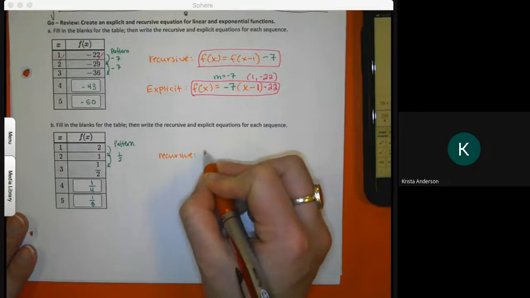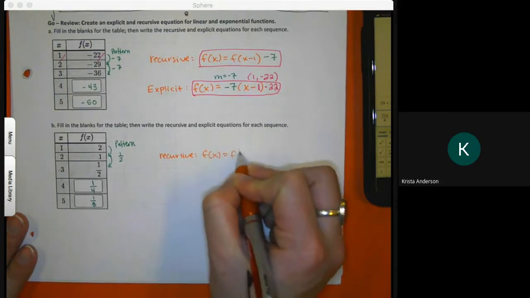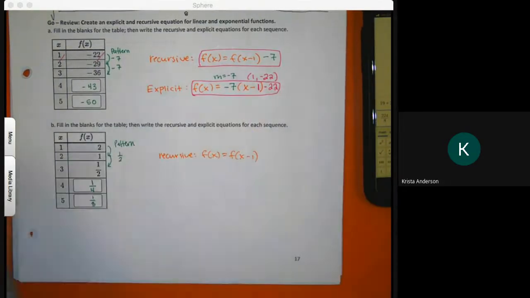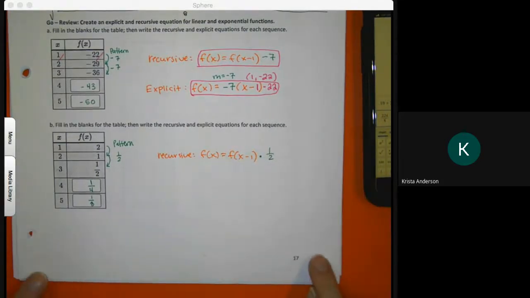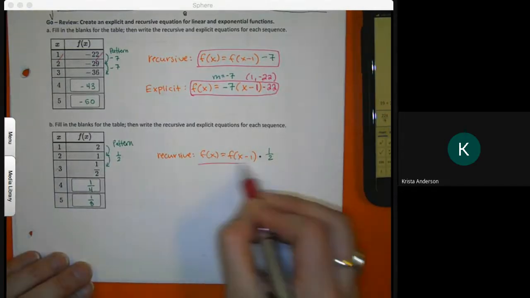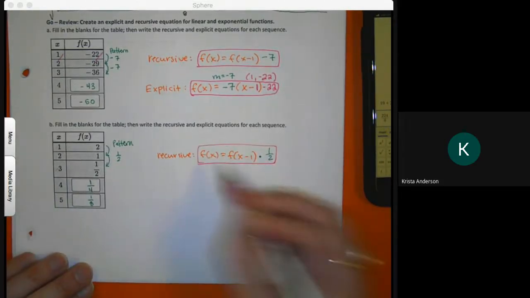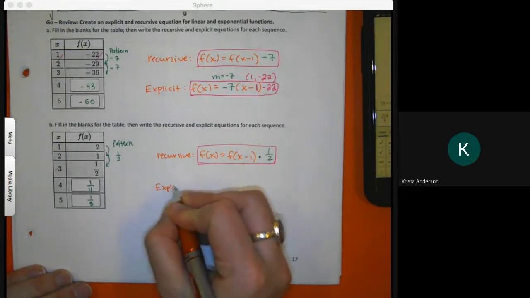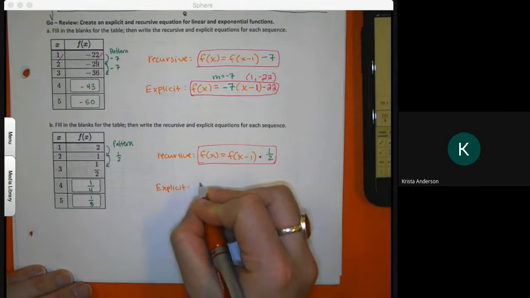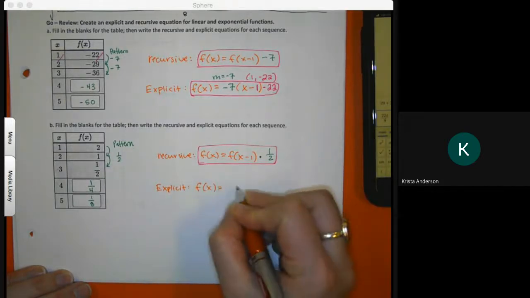Recursive would be f of x equals f of x minus 1 with the multiply by 1/2. The explicit would be f of x equals